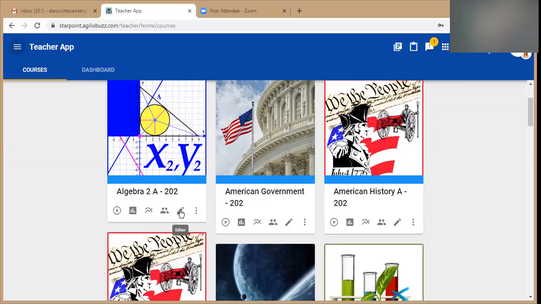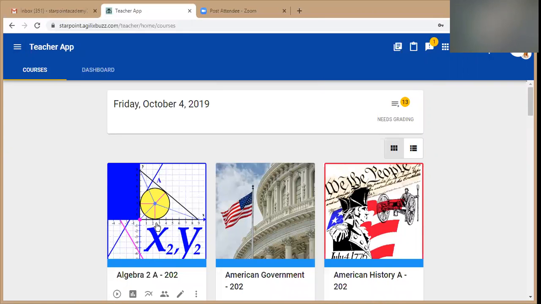Now that is also something that StarPoint will do for you if it's just a communication conversation. However we can best serve you in customizing courses, we are happy to do that. And then More is just a drop down of editor, course nickname, hide the course, just some quick navigation you have there. So we are going to click the Algebra 2 course card, and it will bring up the actual